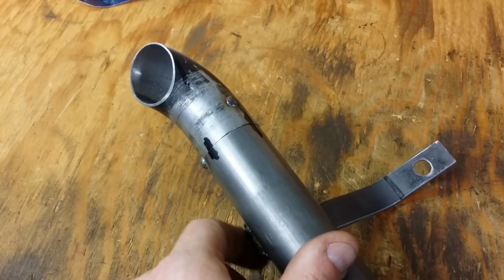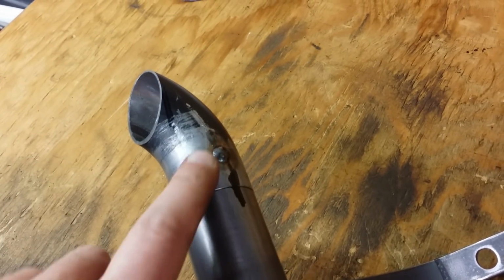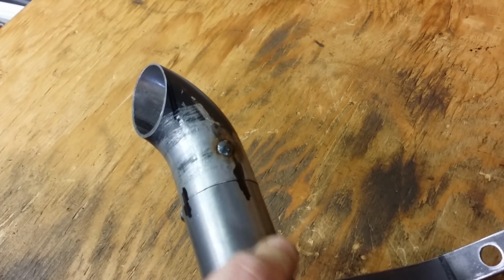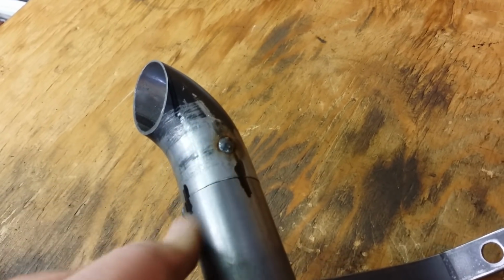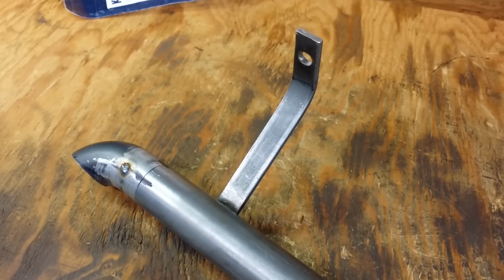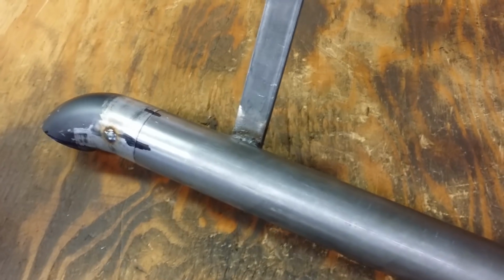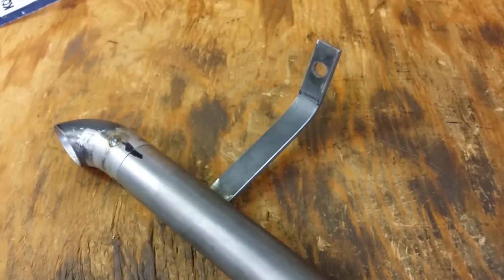out the tip. Oh, actually, here's one of those little holes that must have held a heat shield or something like that. I just zapped it real quick with the welder, and then I'll just grind it down. Just used a piece of leftover band iron from one of my other projects. I bolted it to the frame, then bent it, and then obviously I welded it right into place. So that way, a nice strong